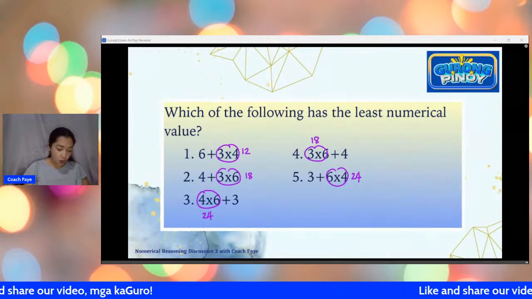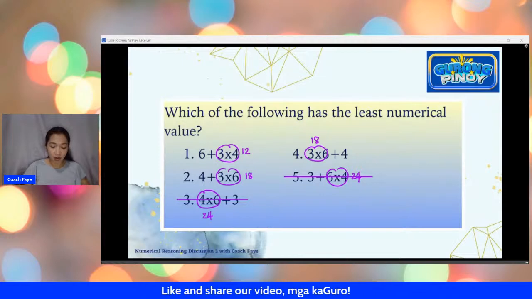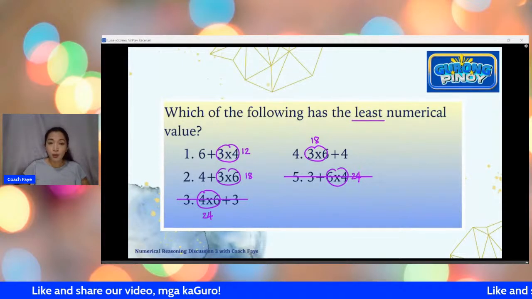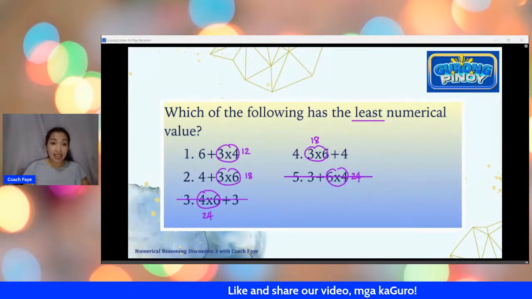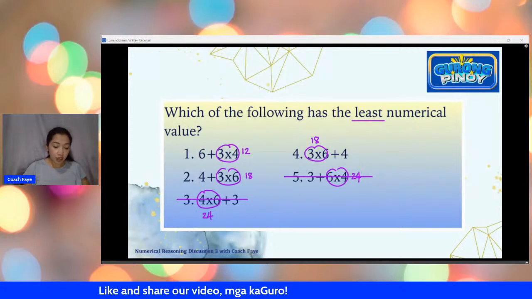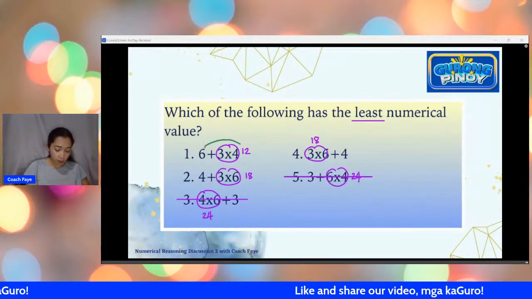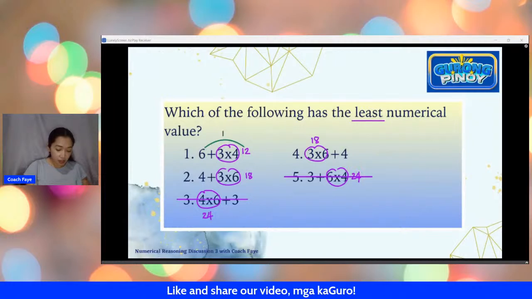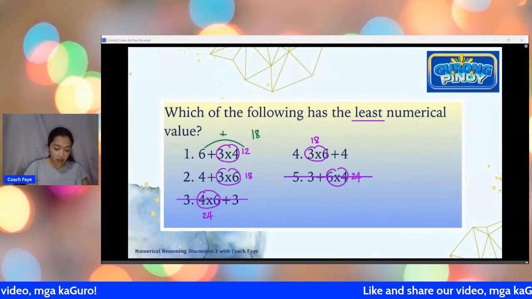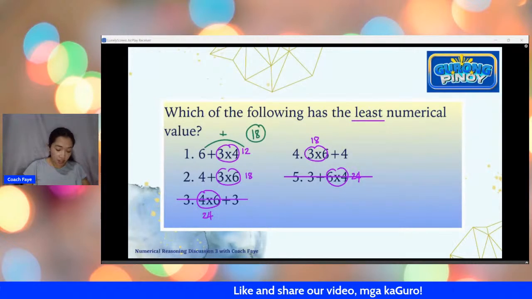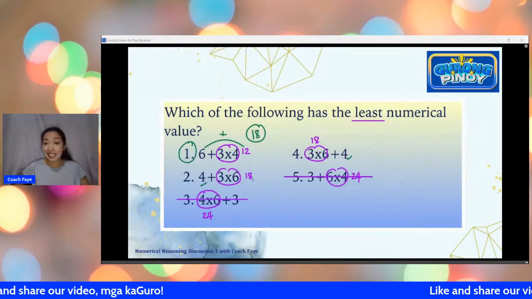So early on, we can eliminate this and this. Kasi alam natin na malaki yung answer niya. Remember, we're looking for the least numerical value. So, remove na natin yung mga medyo malaki. Ayan. So, remove natin si 24. Now, let's take a look at the next one. 18, 18, and 12. Okay? Yung very first one po kasi is 6 plus 12. So, pag nag-6 plus 12 po kayo, yung answer natin dito is already going to be 18. Ano po? 18 na po yung answer dyan. So, kung titingnan po natin, dito, hindi nyo pa na-add si 4, 18 na siya. So, this is indeed going to be your least number.